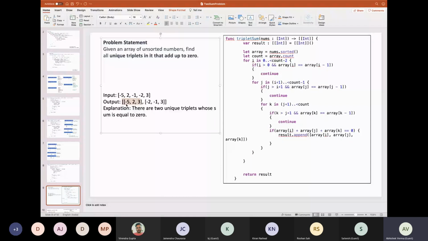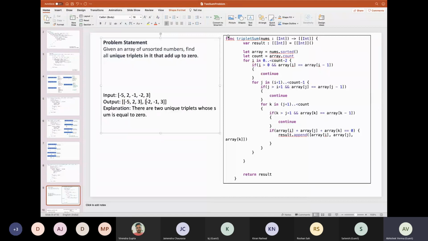Like if you see here, -5, 2 and 3, if we sum it, it becomes 0. Similarly, -2, -1 and 3, if we sum this, the sum becomes 0. If we discuss various approaches, it will be easier for us to identify the solution.